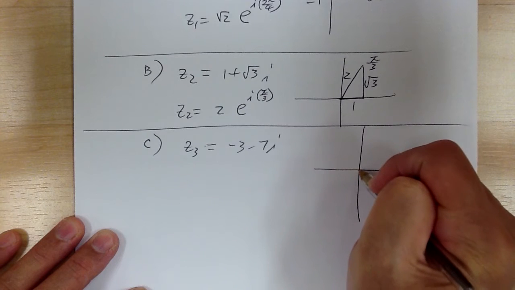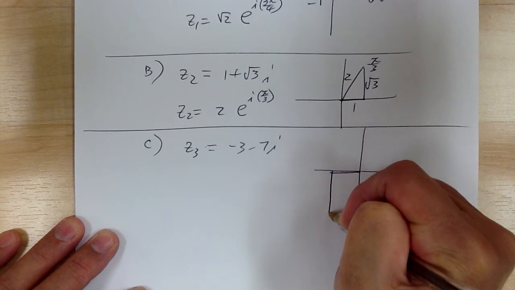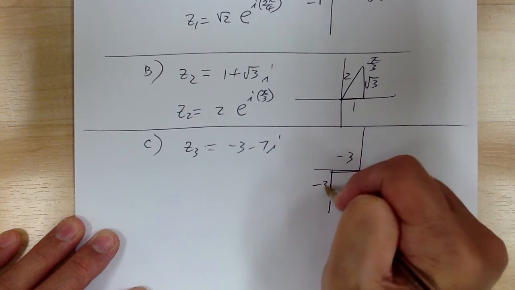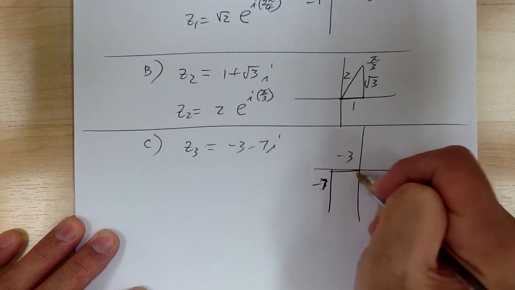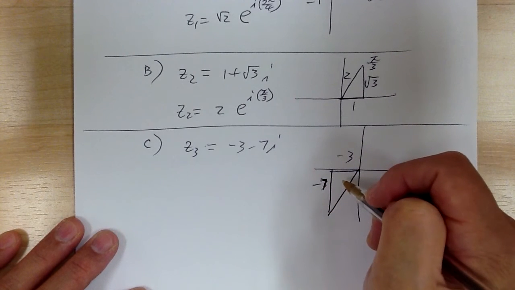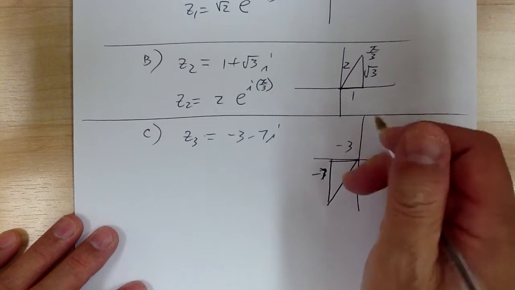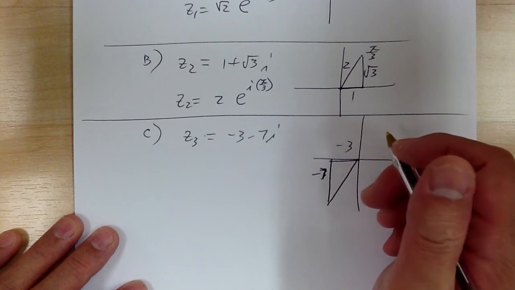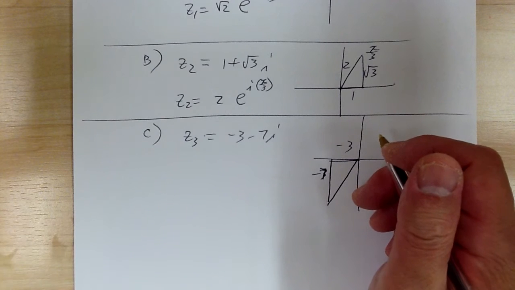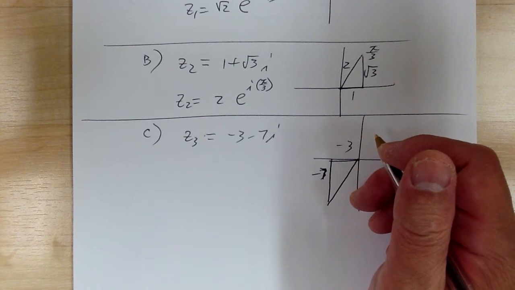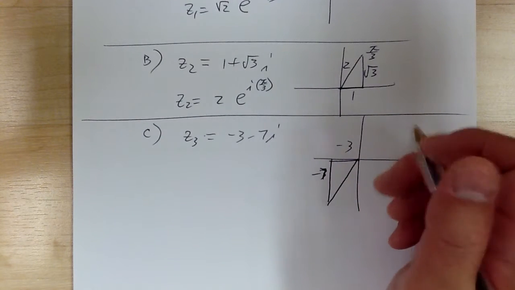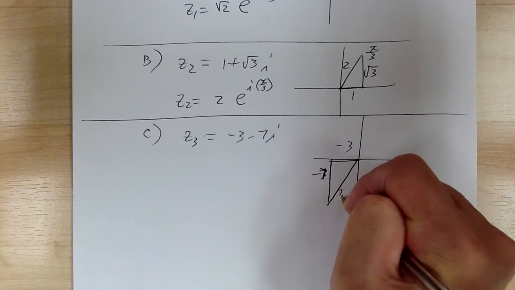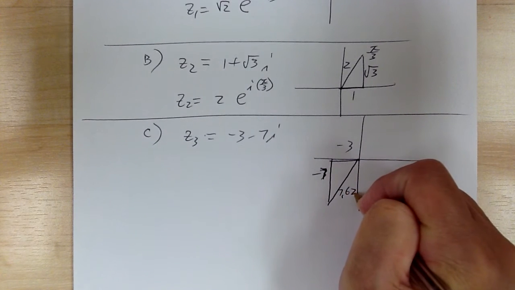So you got negative 3, negative 7, negative 3, negative 7. So from here you use Pythagorean theorem. Use a squared plus b squared and take the square root. And so when you do that, you get 7.62,